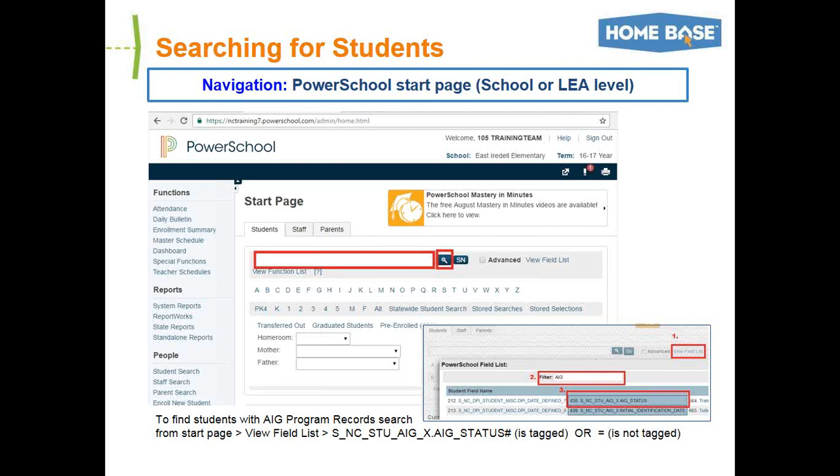If you do want to find students that have AIG records already set for them on the AIG program screen, then there is a special search. And if you'll look, you'll see a section called View Field List. And it is a link, and you would click on it, and you'll see the little inset. You would filter that list for AIG. Again, it's not case sensitive. And the field that you are looking for has the AIG status in it. So it's S_NC_STU for student _AIG_X dot